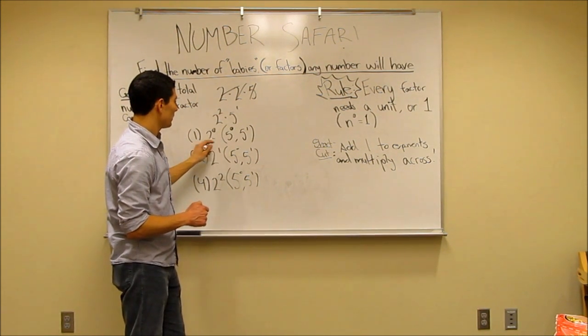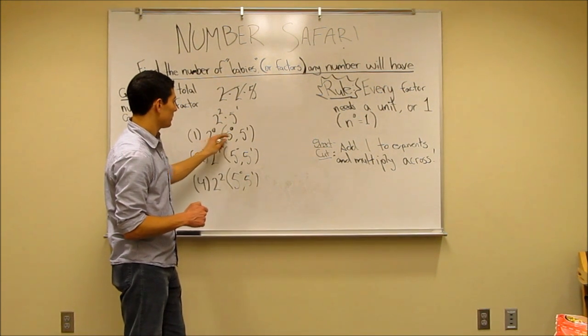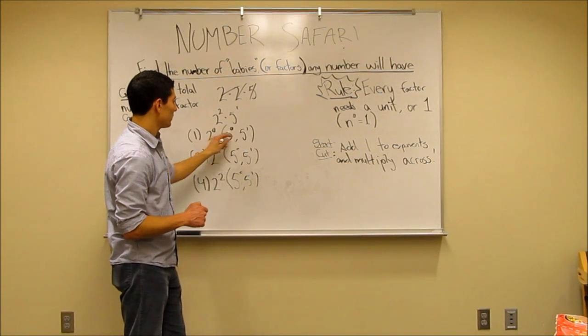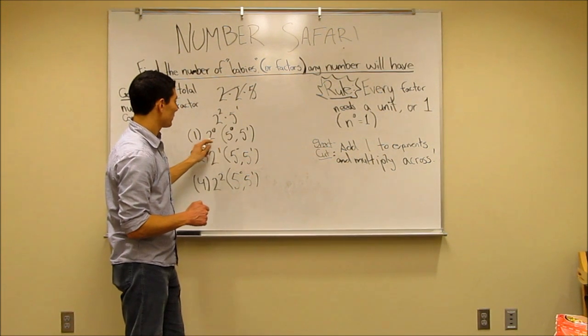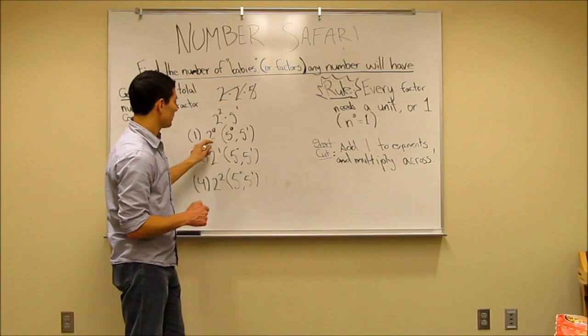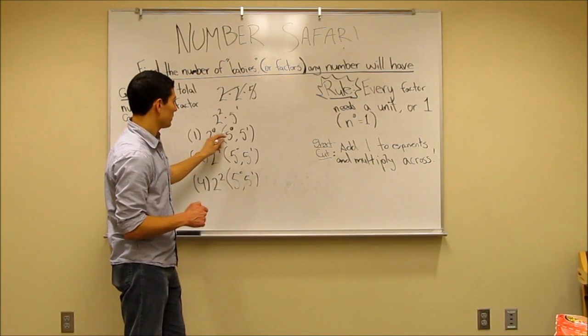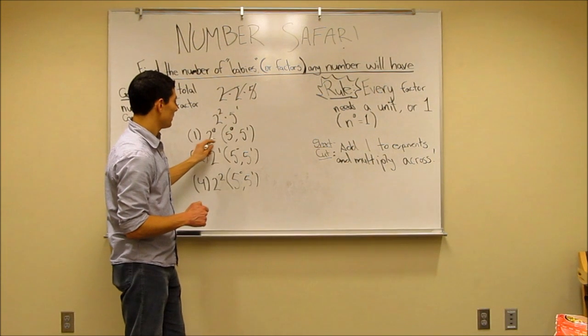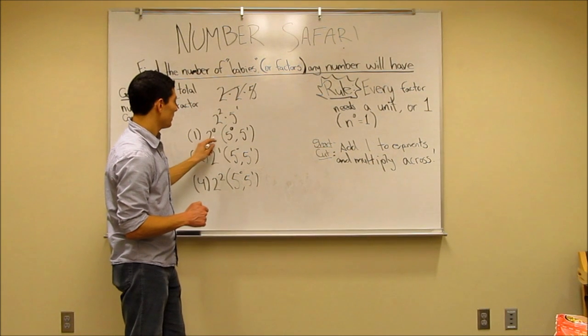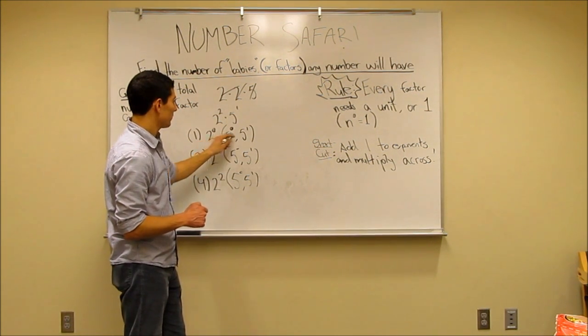Now, there's a trick to this. Instead of writing all this out, because that seems a little bit complicated, doesn't it? Yes. Let's count these up. How many factors are here? 1, 2, 3, 4, 5, and 6. 6 factors. But, you know what we did? Since we added a unit to this one, and we added another unit to this one, what we can do is just add 1 to this exponent, and add 1 to this exponent. So 2 plus 1 is 3. 1 plus 1 is 2. What we want to do is multiply them across, and you get